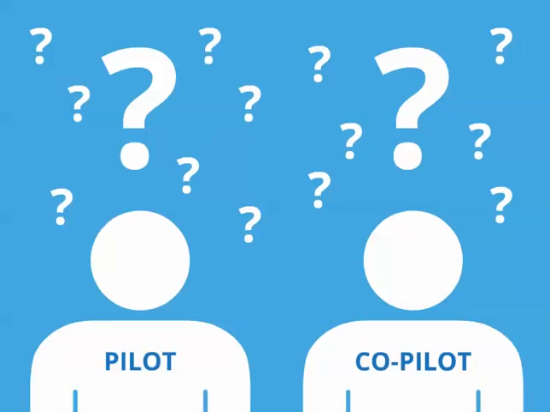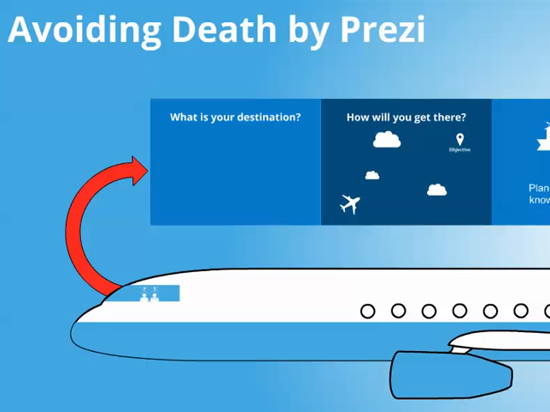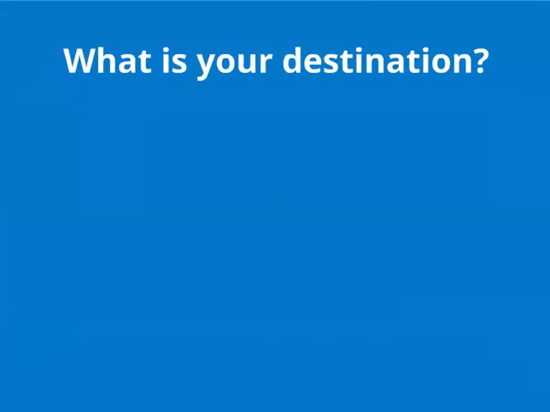Okay, so there's a really, really obvious point I'm trying to make here, and that is something really simple but gets overlooked an awful lot. And that's, what is your destination? So in terms of our presentation, I suppose what we should say is actually, what is your objective? What is the reason for your presentation, for your visuals? Why is it there, and how does it help you deliver your content? Okay, what is the objective? You must know that before you go anywhere near Prezi.